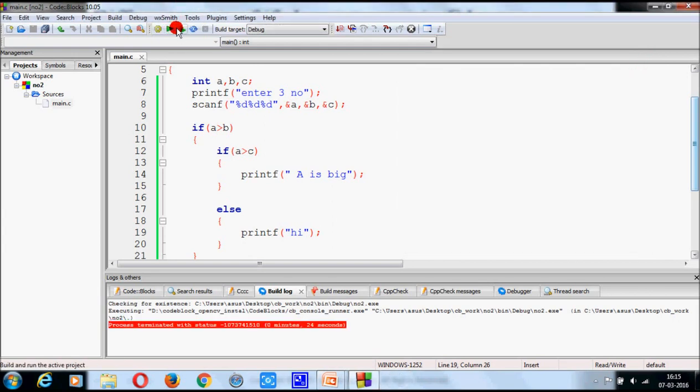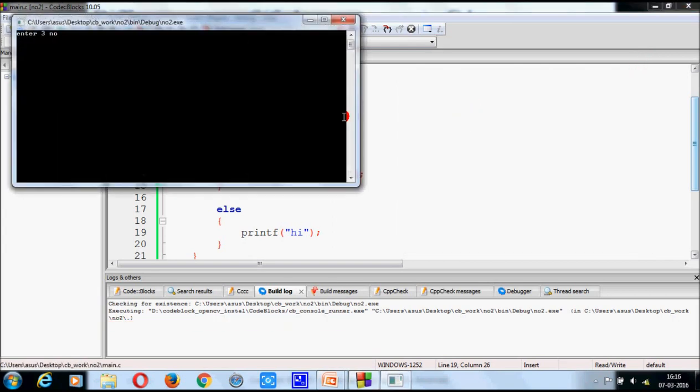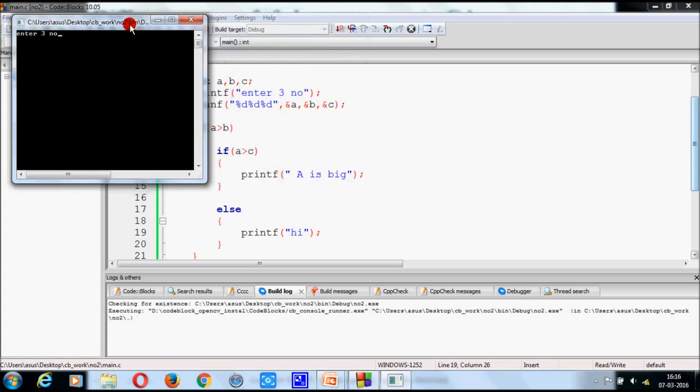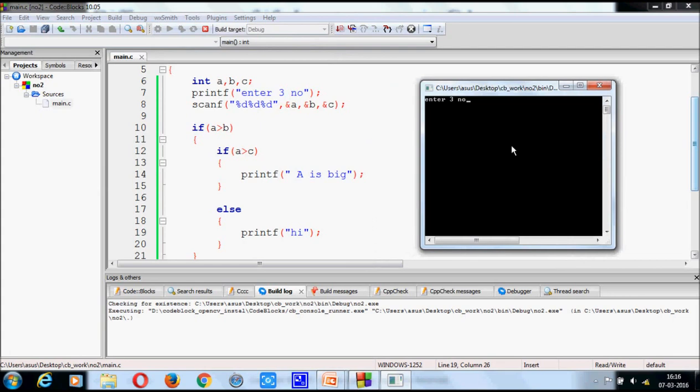Now run this program again, and put a proper input. Yes, you get A is big. That means this condition is true and this condition is true, so you get this output.